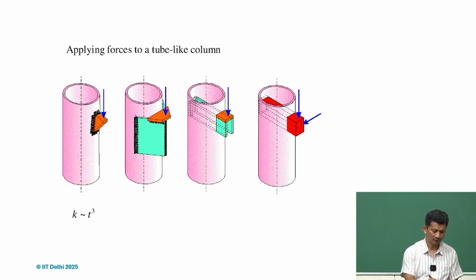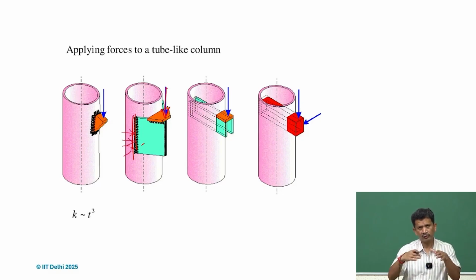So in this case, here on the edge, you apply the load, but the loading is circumferential, so the forces are along the surface. For circumferential load, the tube is stiff, or